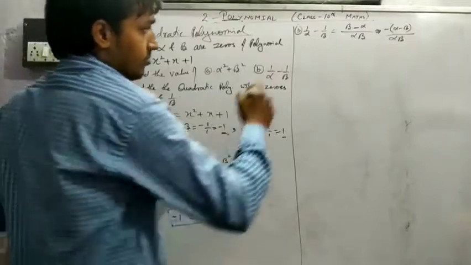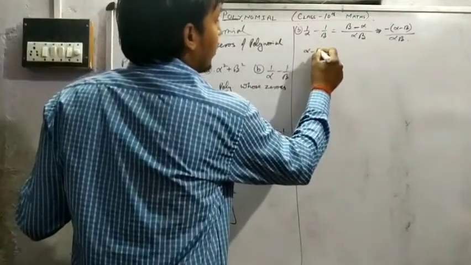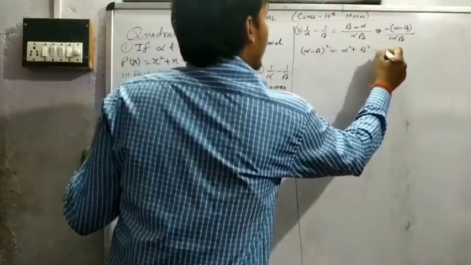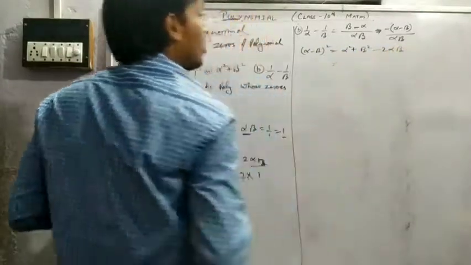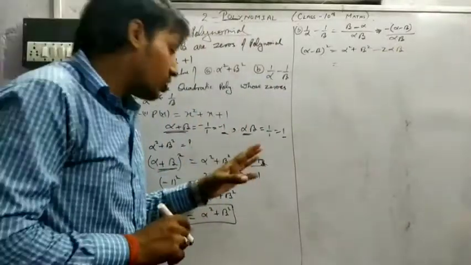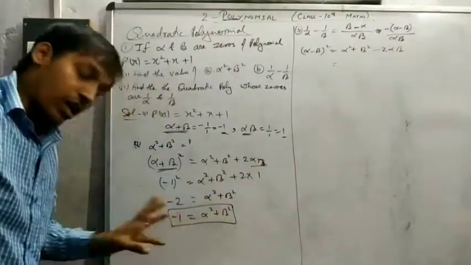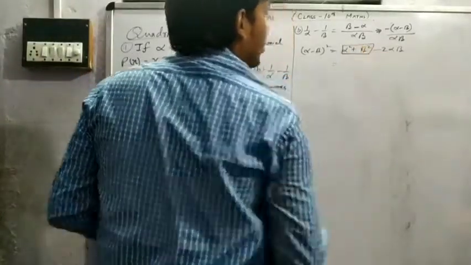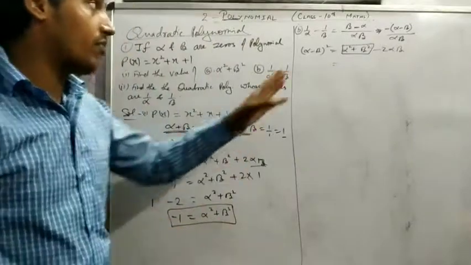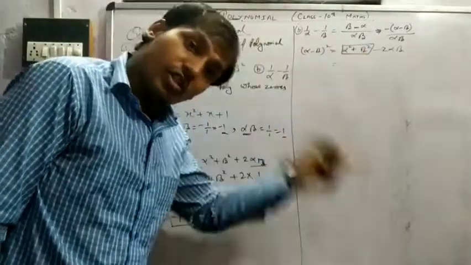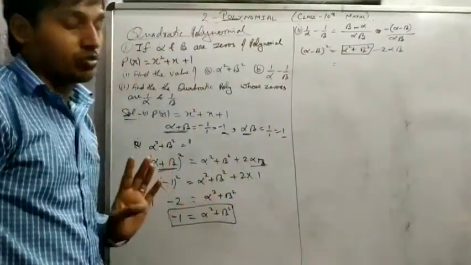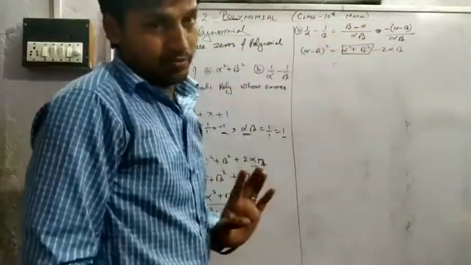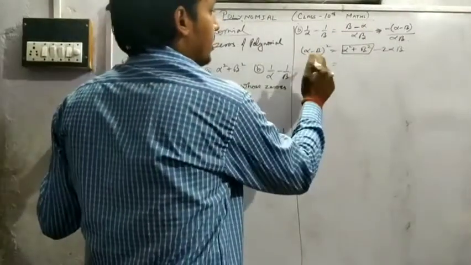How do we find it? Use the formula alpha minus beta whole square is alpha square plus beta square minus 2 alpha beta. In this question you already found alpha square plus beta square, so you can directly put the value. If you don't have the value of alpha square plus beta square, first you find the value of alpha square plus beta square, then you find alpha minus beta. So we want alpha minus beta,